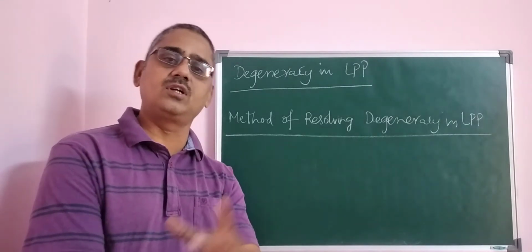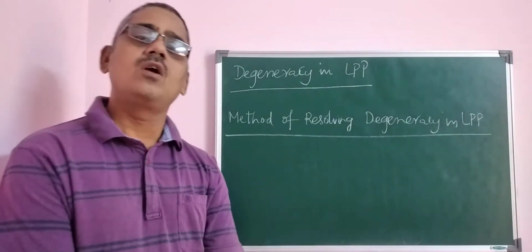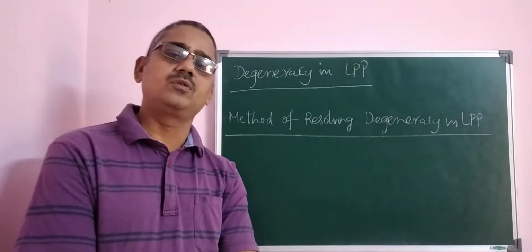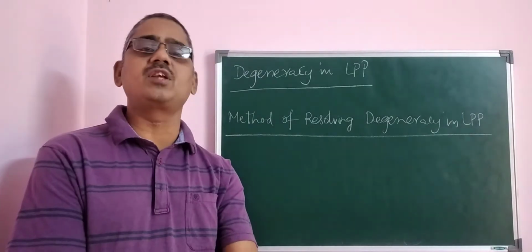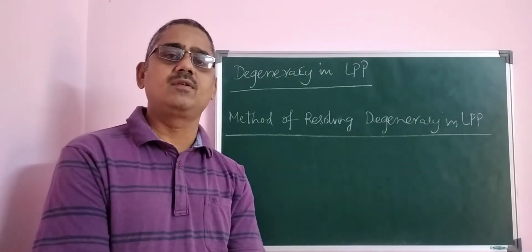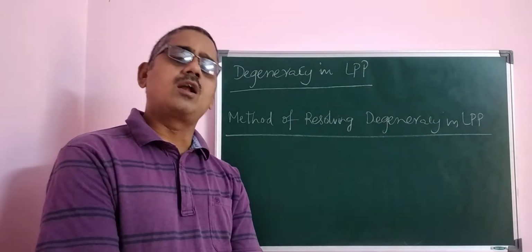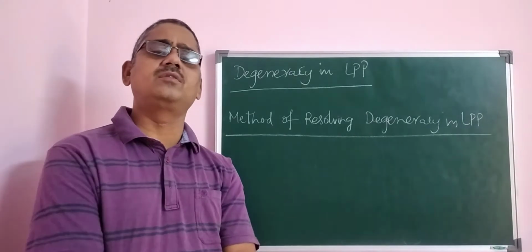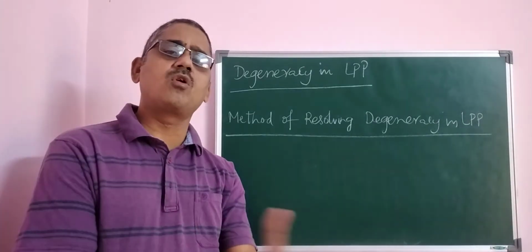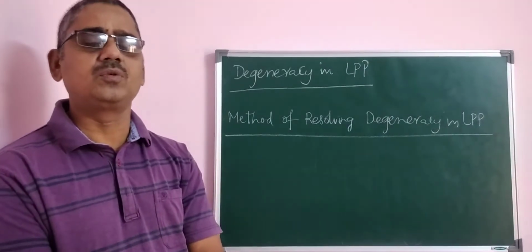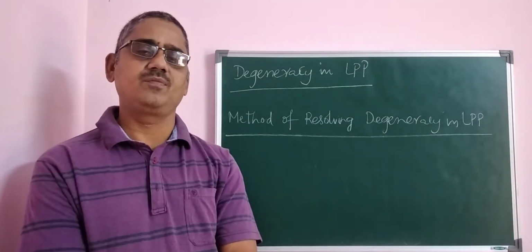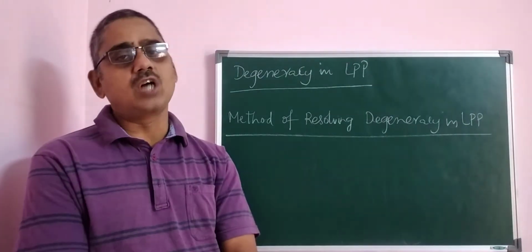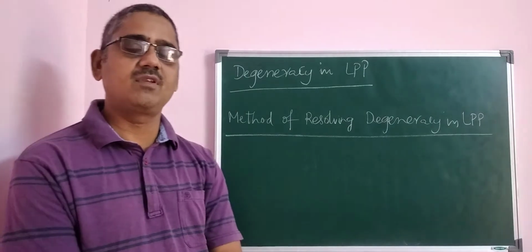Case 1, that is possibility 1. If one or more basic variables vanish, which means 0, either in the initial basic feasible solution in general, or else in any particular iteration, one or more basic variables vanish, that is 0, that is the problem of degeneracy. That is the first possibility of getting degeneracy. It is also the basic definition of degeneracy, right?